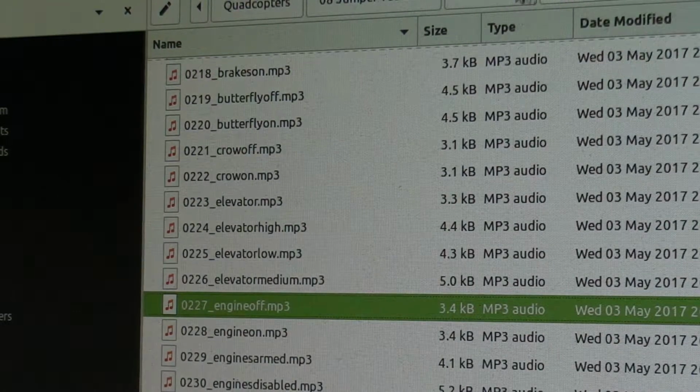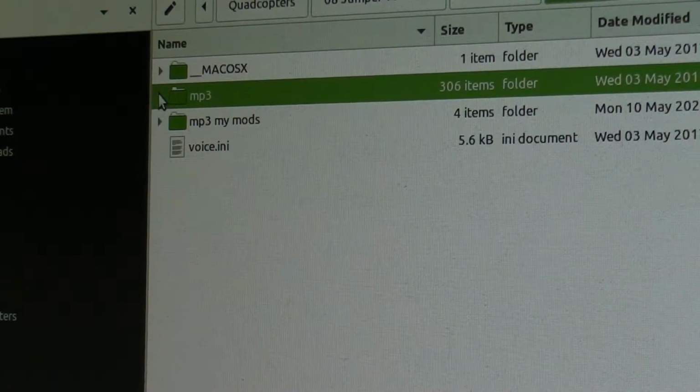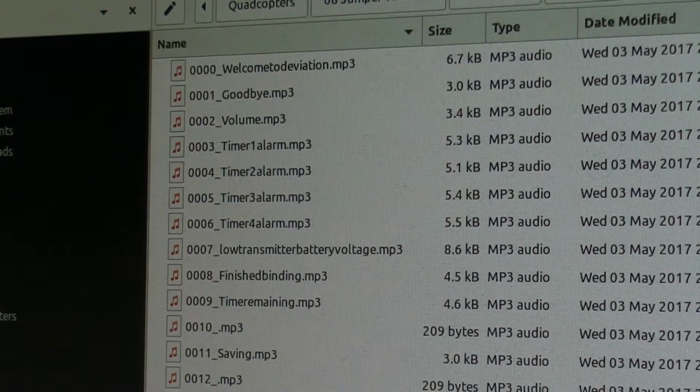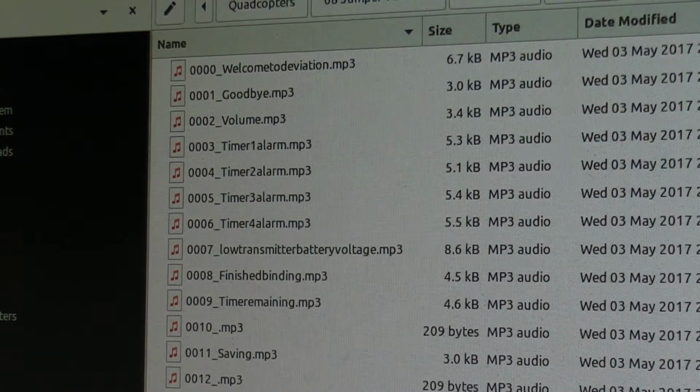Okay, so what I've shown you here is two critical files, the voice.ini and the hardware.ini, and the language pack, voice pack you have to download, which in my case is the English one, which has the actual MP3 files, and those MP3 files are linked to the voice.ini file by the number. So that 3-digit number